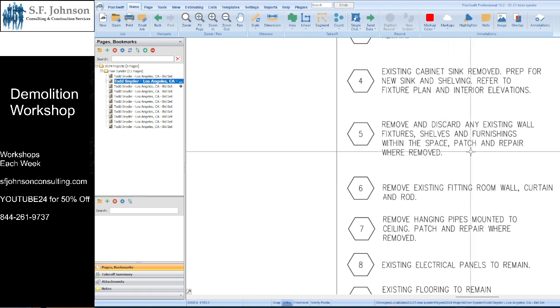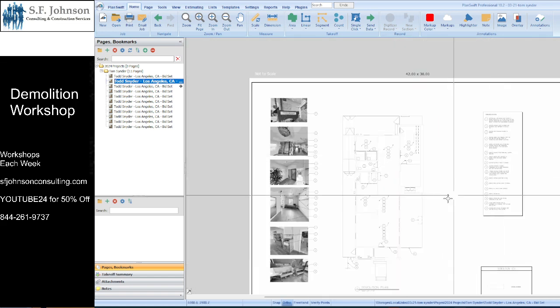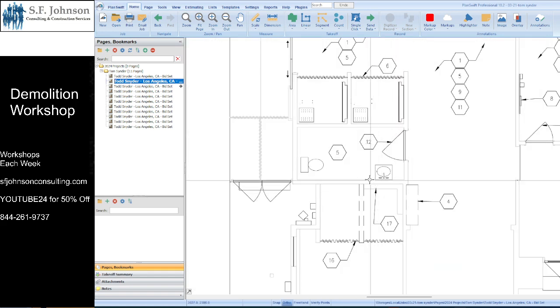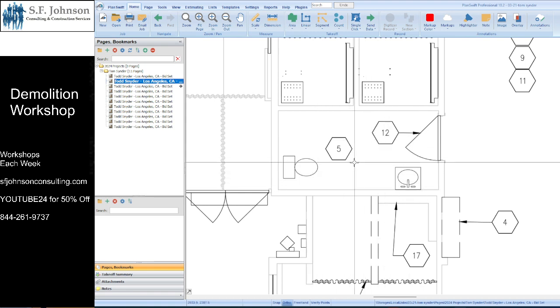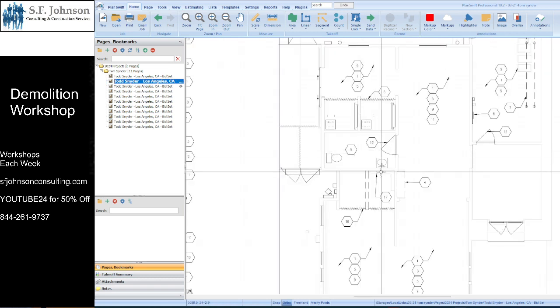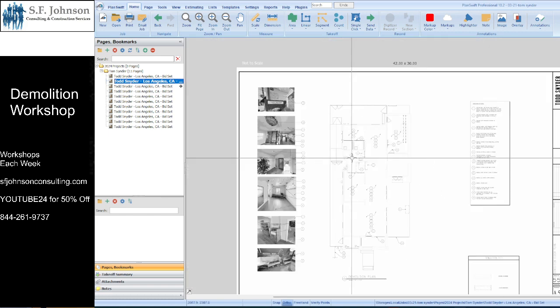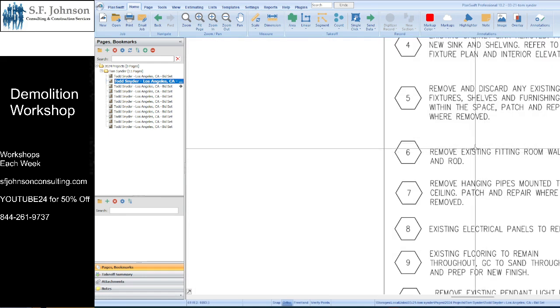All right, so here we get to removing some walls here. So in 5, we have to remove fixtures, shelves, and furnishings within the space, okay? So, but what don't we have within the space? Fixtures, that looks like a sink, so this looks like that was a bathroom. So a toilet and a bathroom needs to be replaced and patch all of the walls. So let me see what it says again. Walls, fixtures, shelves, furnishing,